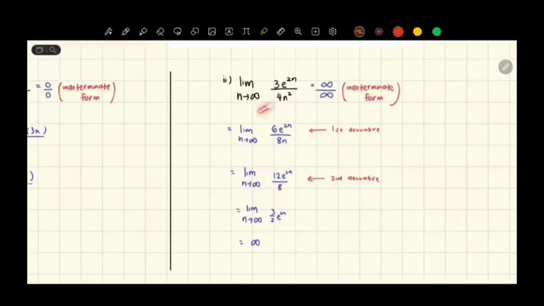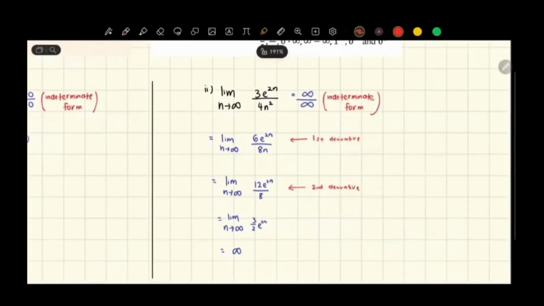The denominator 4n squared also grows without bound, so it's also infinity. And then the expression that we get is infinity over infinity, which we know is one of the indeterminate forms. So when we get an indeterminate form, we will need to use L'Hopital's rule,